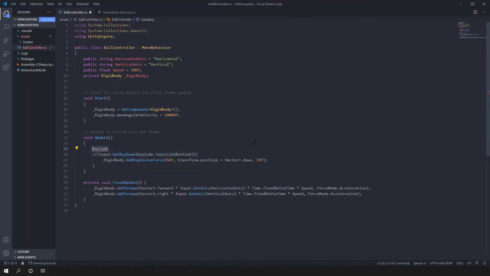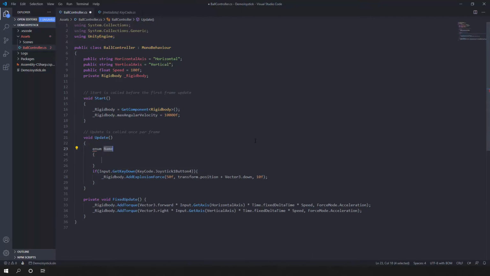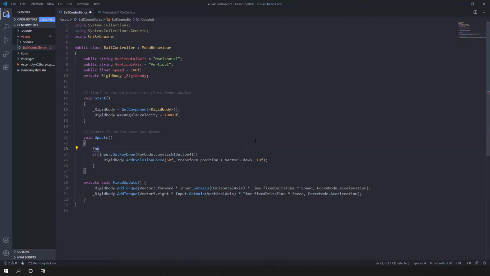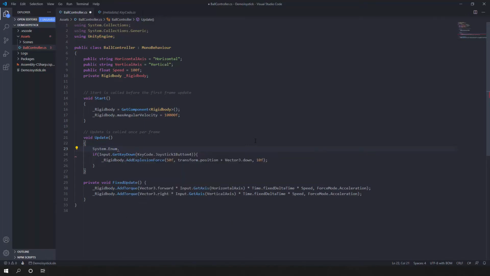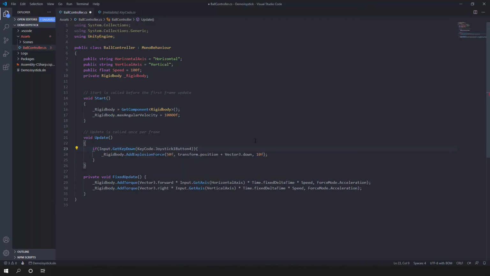So for instance, if we go into system.enum, you can see that right here we can get the values for all of this, or names, etc. So you can try that inside a for and check whenever you use a new controller how to set it up. So that's basically how to use a joystick.